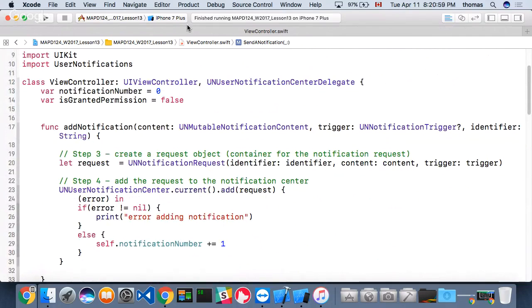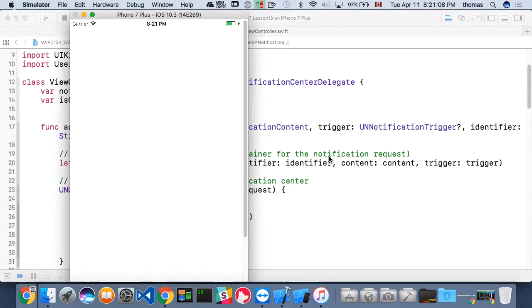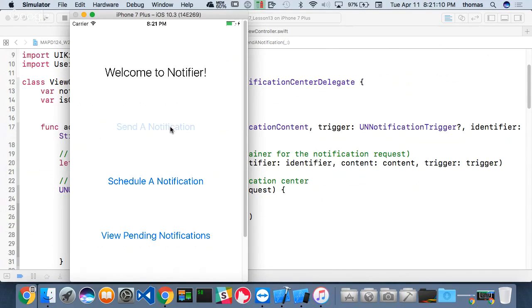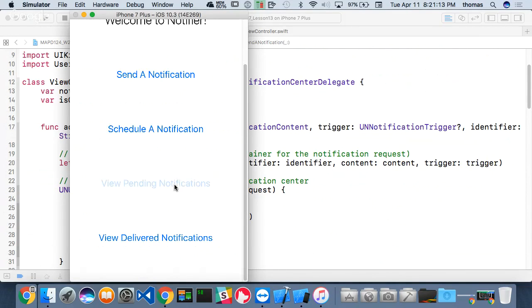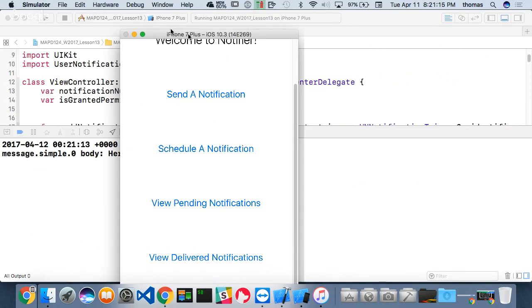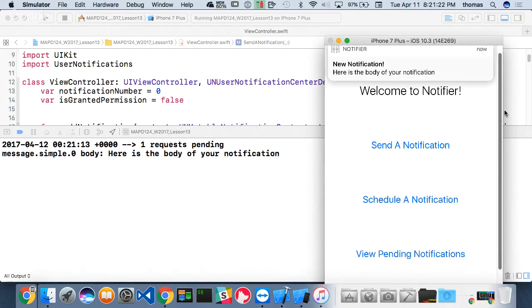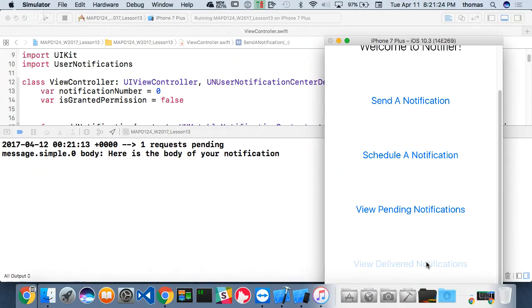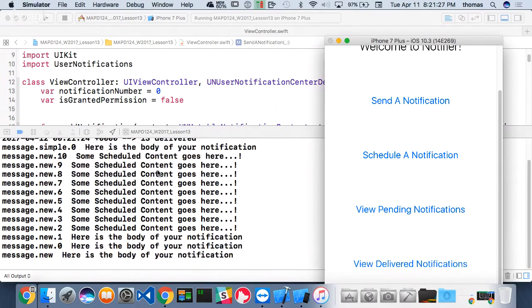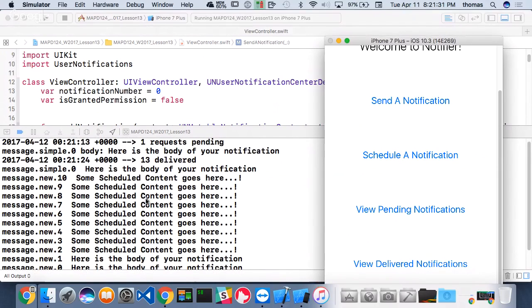All right, let's check to see if this all works. So, boom. There we go. Send a notification out. And let's see what's my pending notifications. There it is. One request pending, message.simple this time, .0, right? And there it is. And let's see my delivered notifications. Whoa, this is all my delivered notifications in my notification center. And you can see now that I have a new one, which is